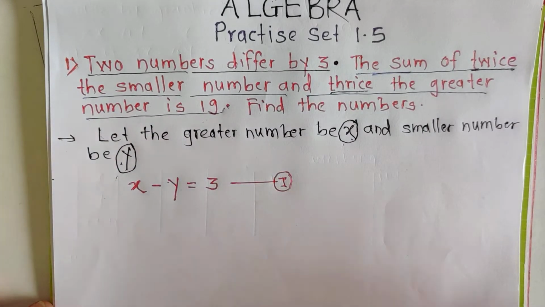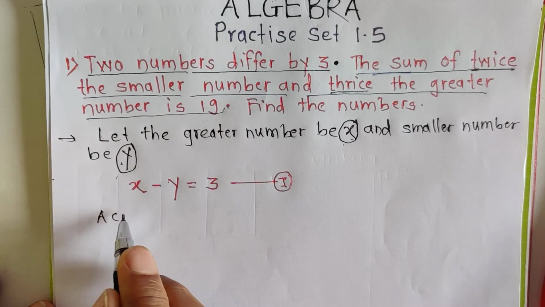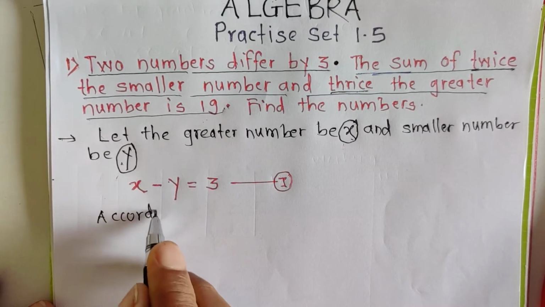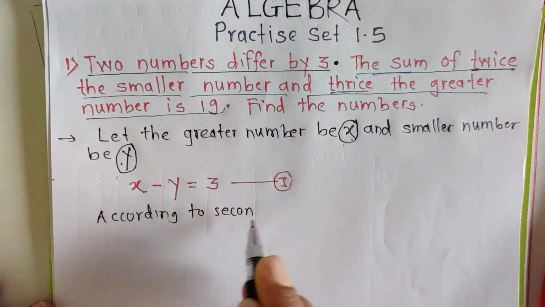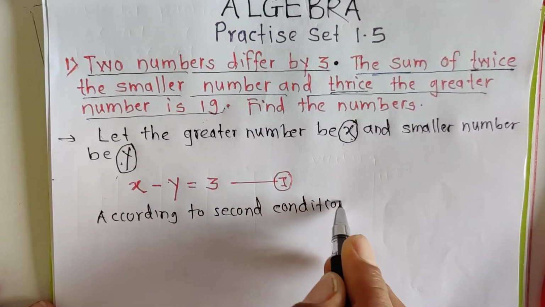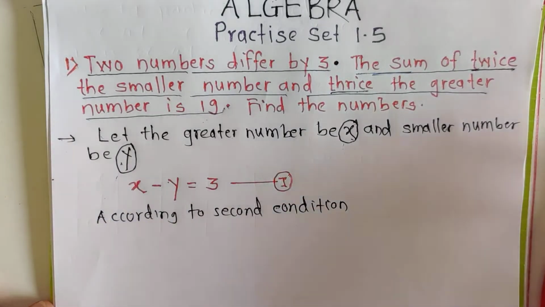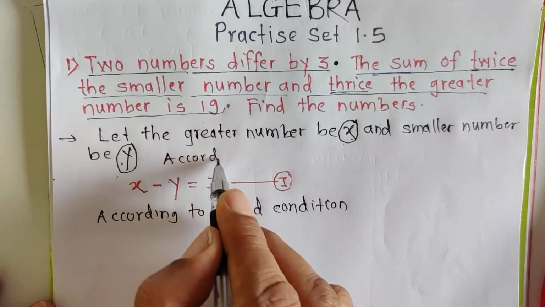So first we have to write x. So second equation according to first condition, and here we have to write according to second condition. So this statement must be there, according to second condition, and here we have to write according to first condition. So here according to